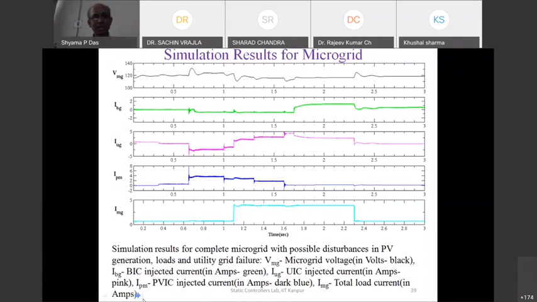And the solar energy is not available; it's almost gone. But the load is partly shared by the AC mains and by the battery. And then ultimately the load goes down at 2.3 seconds. And when the load goes down, the AC mains also goes down. There is no power drawn from the AC mains. So the battery will also reduce its current. So this is a simulation of the overall microgrid control, which shows that the microgrid is operating satisfactorily. Next slide, please.